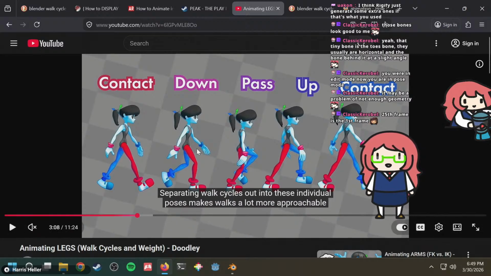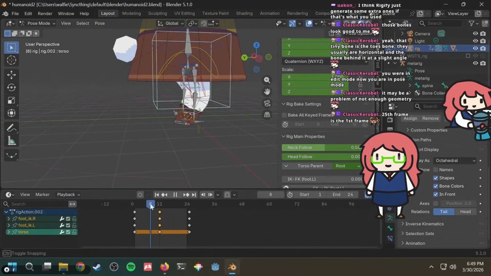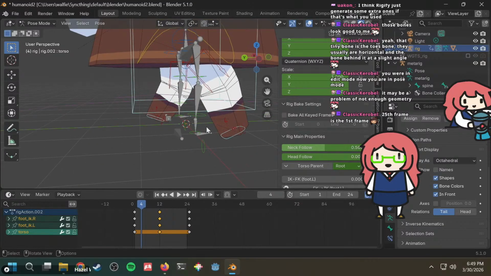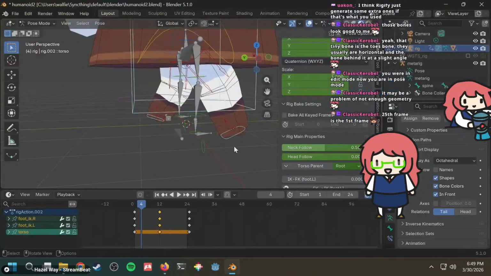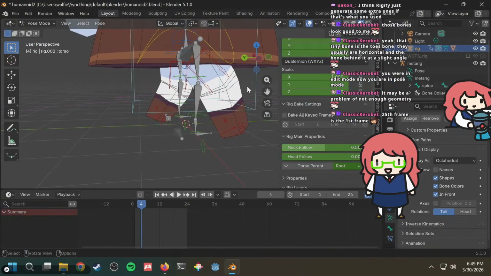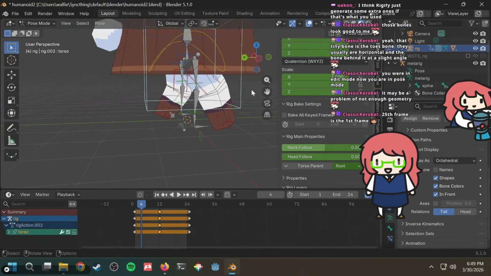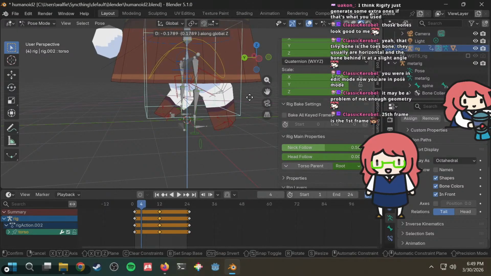What is the timing though? We got timing. Add this maybe at 4. The 4 mark. Alright, then here this leg has to be in contact, but then we gotta have the torso lowered.